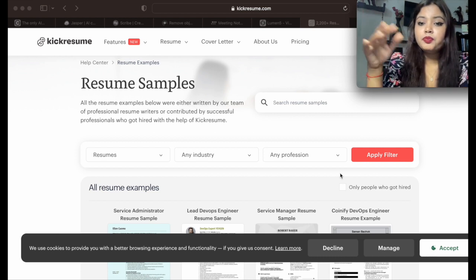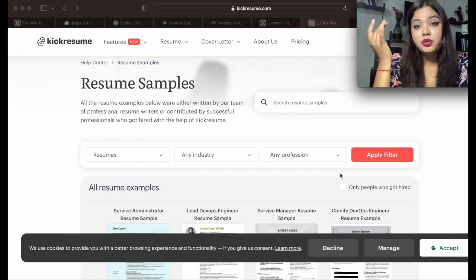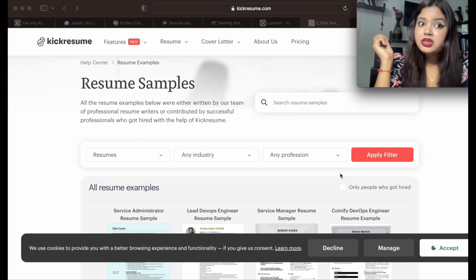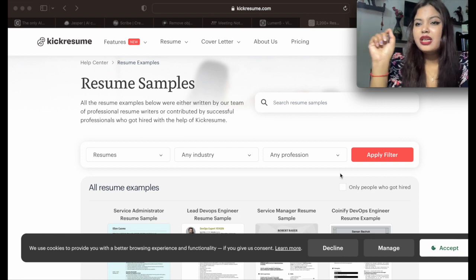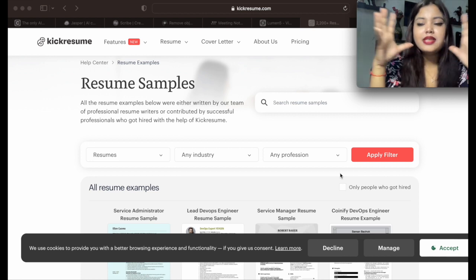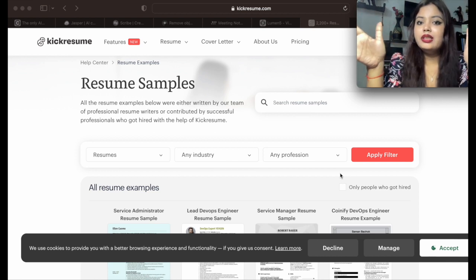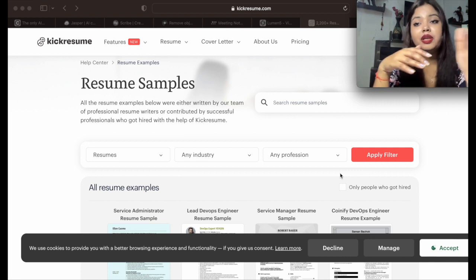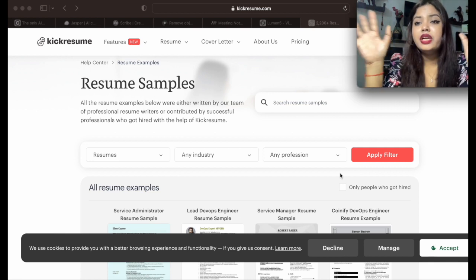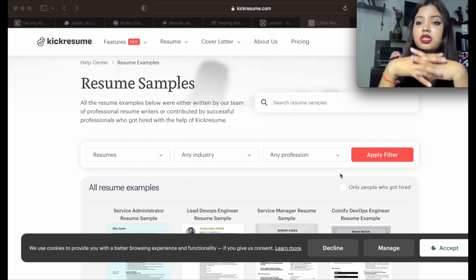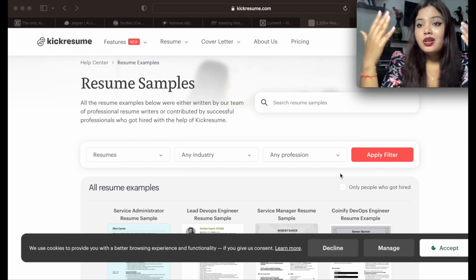In fact, if you want to get your resume written, so I believe you can take those features. However, those are, I believe, paid if you want to make your personalized resume. But if you already have all the content and everything is there, or there are templates or examples as well, so you can go and utilize those free features and create a very impressive template. Because resume is kind of your identity.